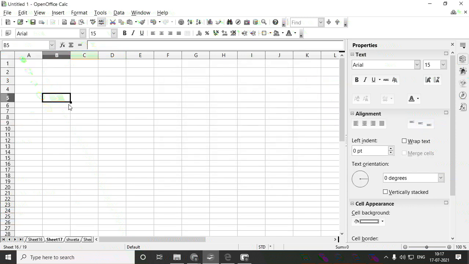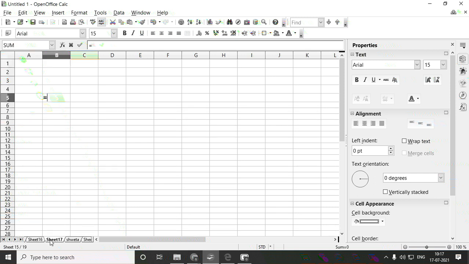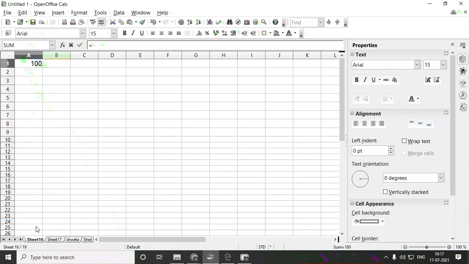Here I'll take the equal to sign. Where you want to take, you can take there. In sheet 16, the equal to sign is there. What happened? Okay, I'll take the next sheet.